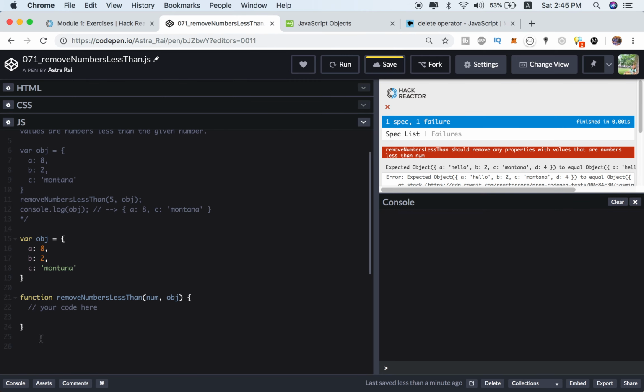let's go back here. First things first, we're going to need to loop through the values in the object. So let's use a for in loop. Let's say for var key in object